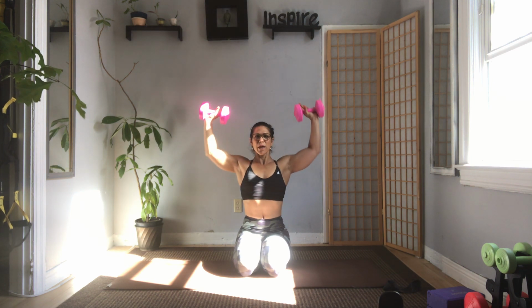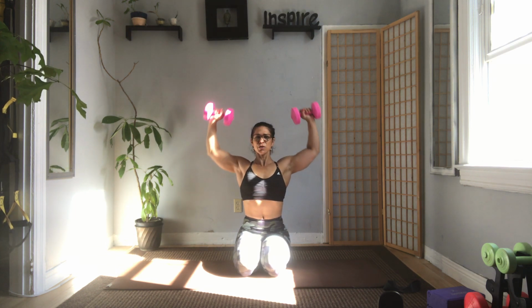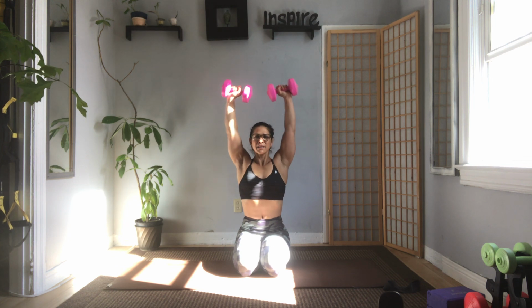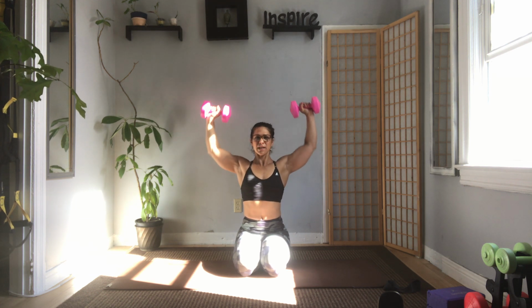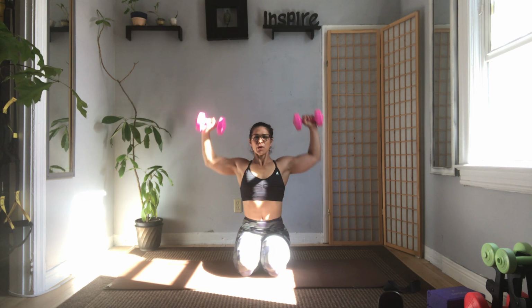9. So when you come down, the elbows don't go any lower than your shoulders. Make sure that you're squeezing. So this might feel really light for you, but act like it isn't. Resist it on the way up, resist it on the way down. 5, inhale when you come down, exhale when you go up. 4, 3,